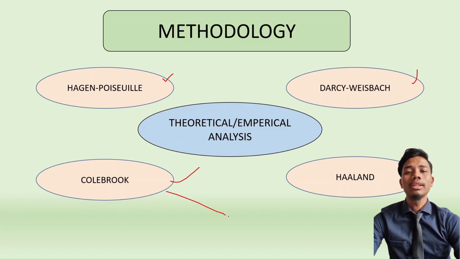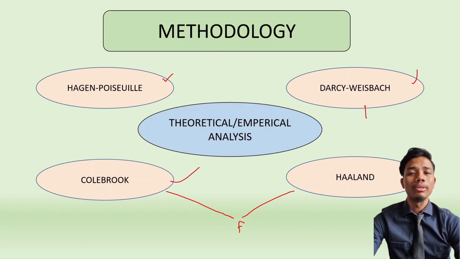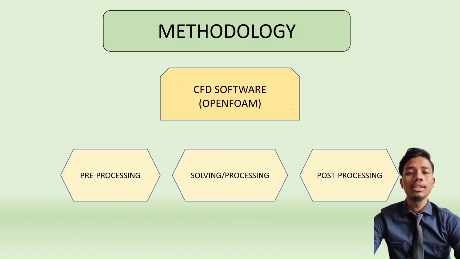In addition, Colebrook and Harlan is an equation for finding the friction factor, which is one of the parameters needed in solving the Darcy-Weisbach equation. Hagen-Poiseuille is actually similar to Darcy-Weisbach, with the implementation of the laminar friction factor. Since the project studies laminar and turbulent flow, all of those theories are relevant to be applied in theoretical